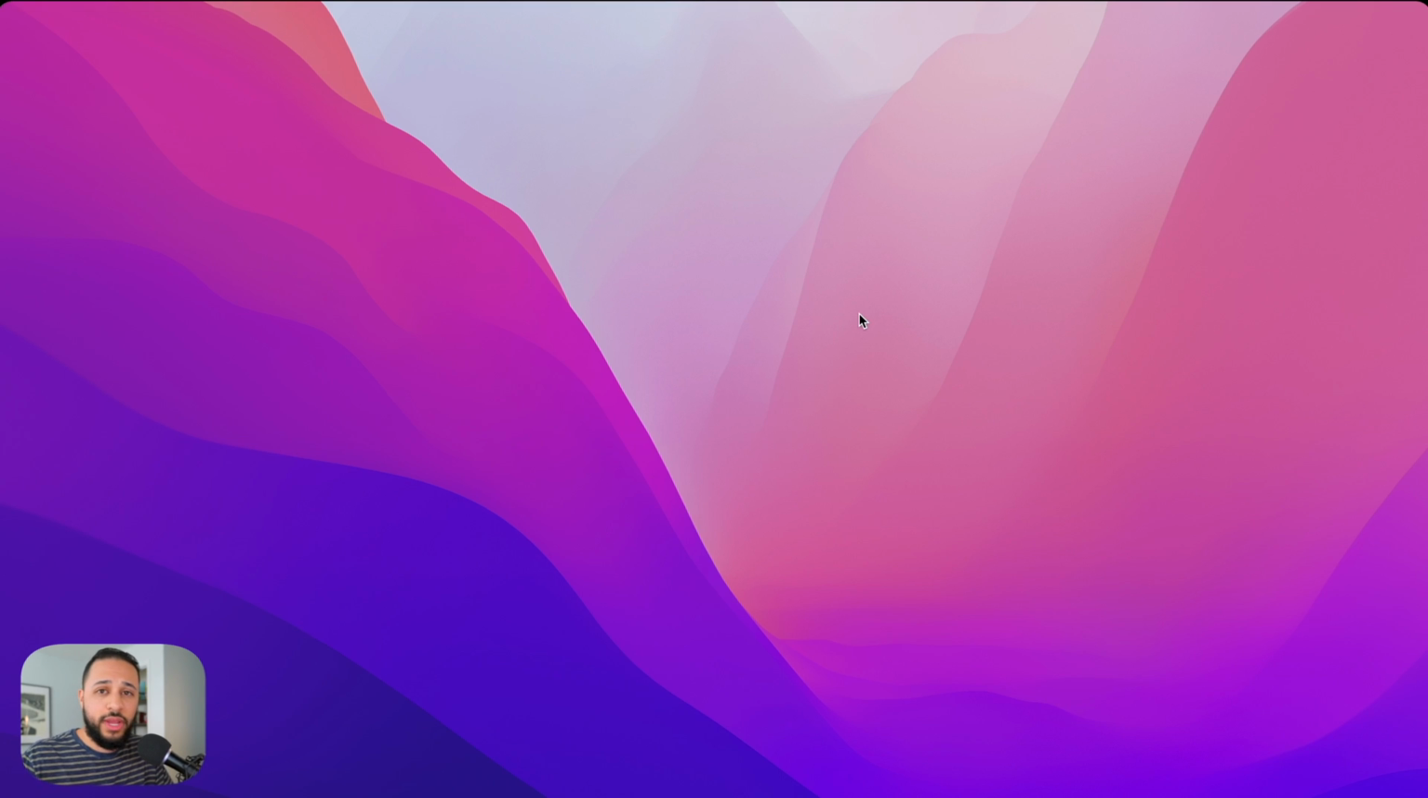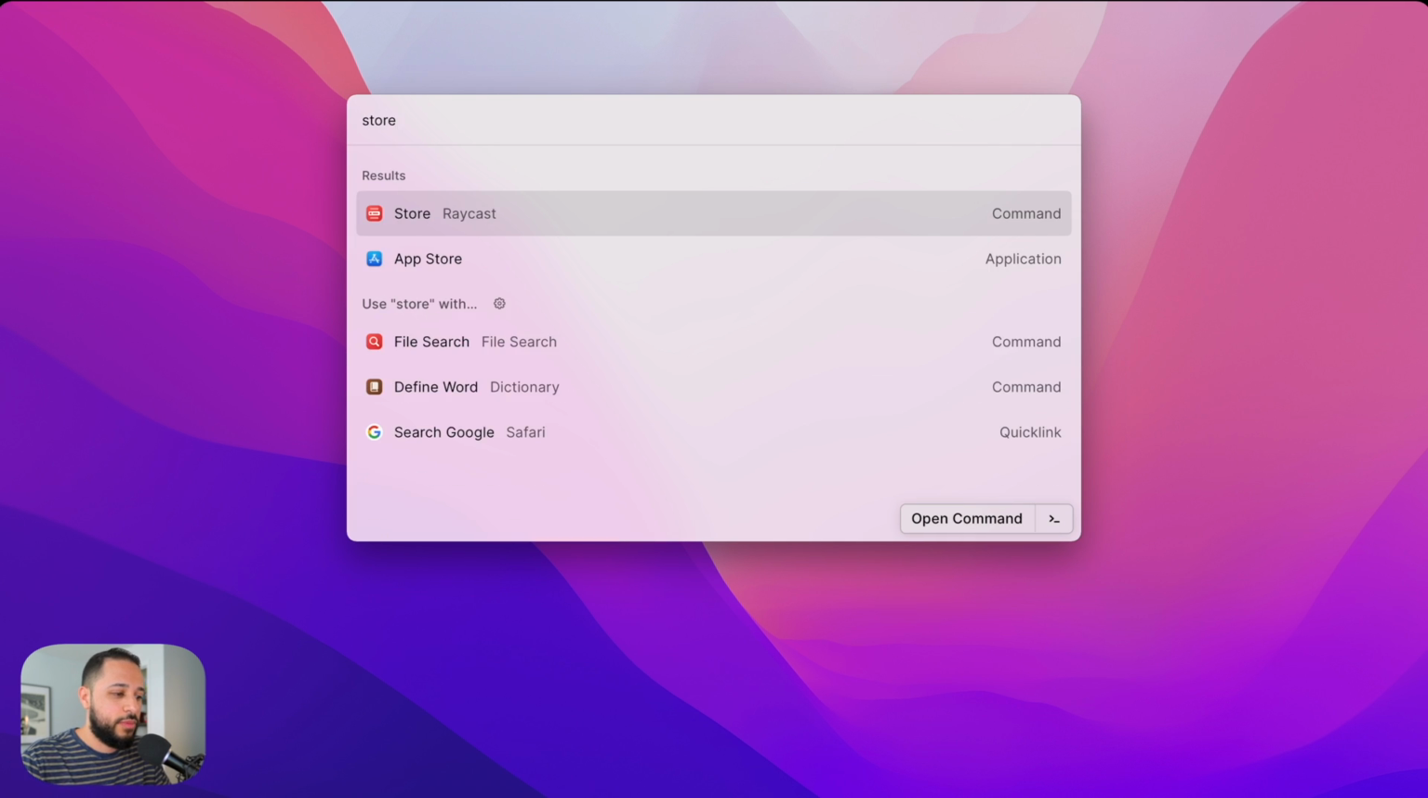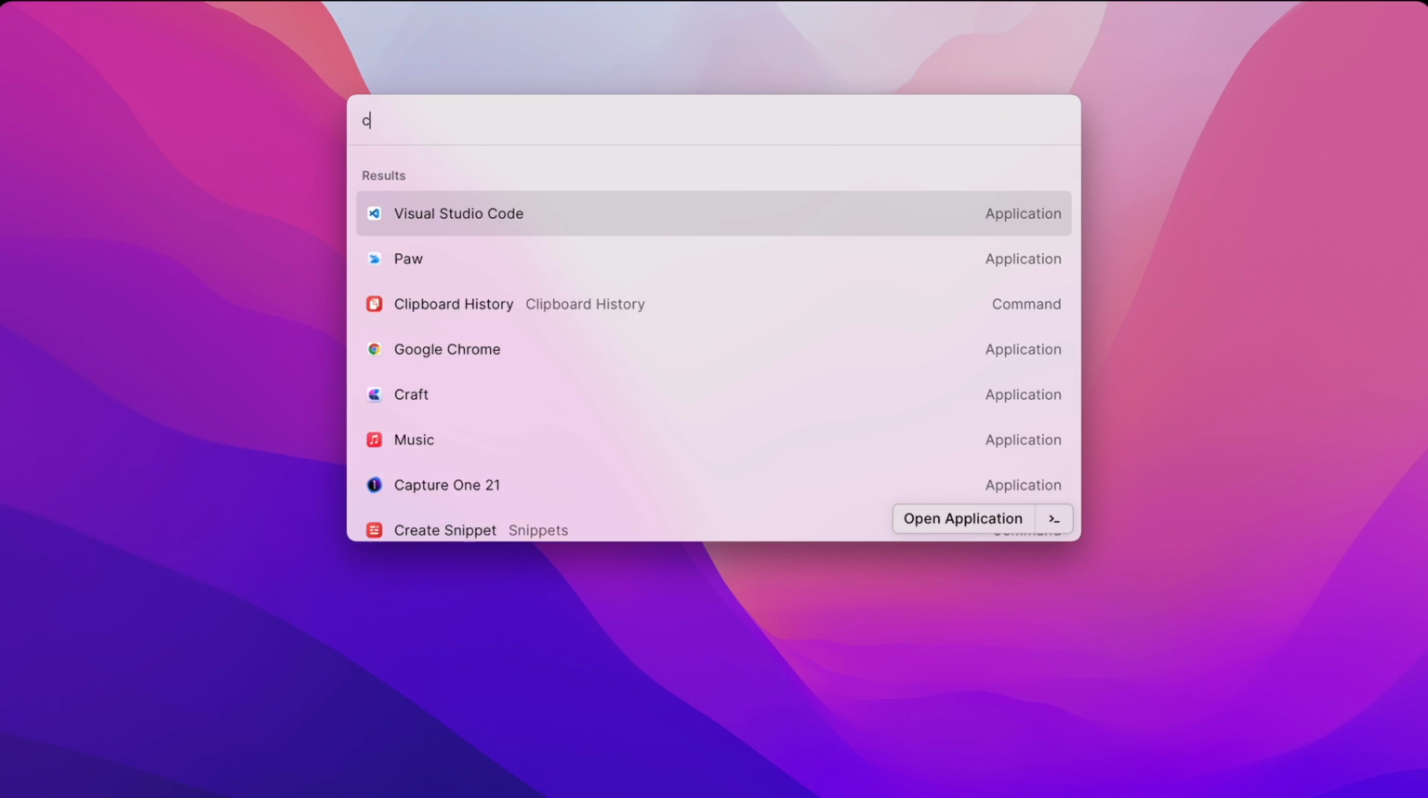Once you have Raycast downloaded and installed on your computer, you're going to open it up and type in store. Once you run this command for the first time, it's going to prompt you to sign in. I've already done that on my machine. Go ahead and fill out your sign-in details. And once you're signed in, you're going to go ahead and go back to the main menu and type create